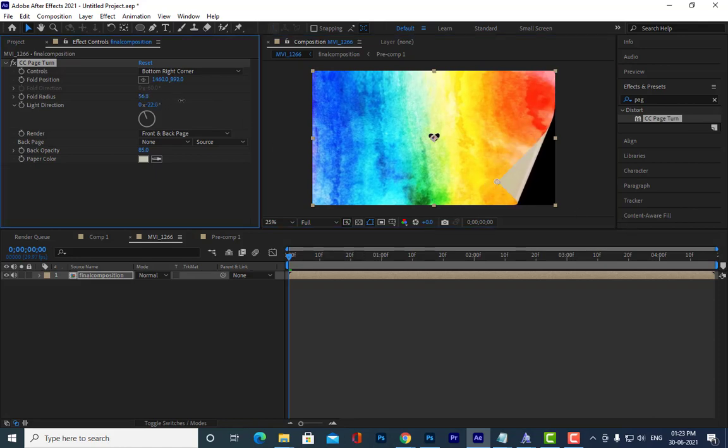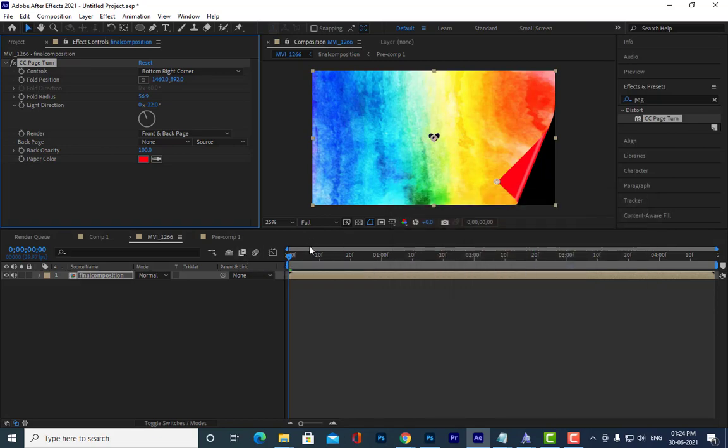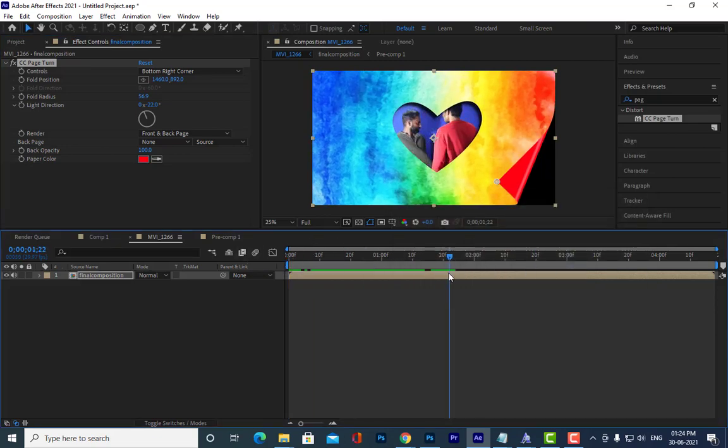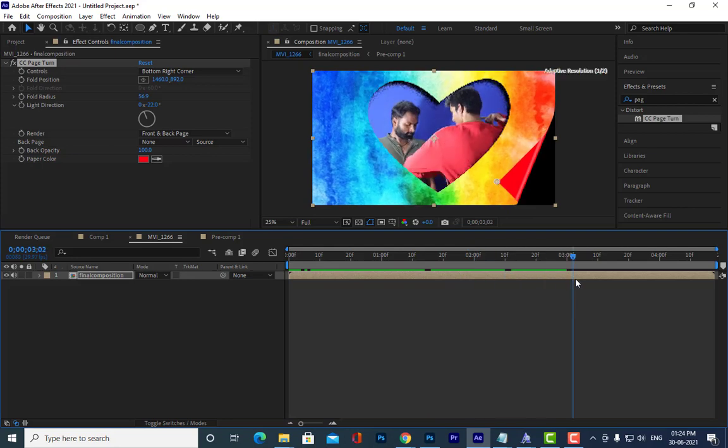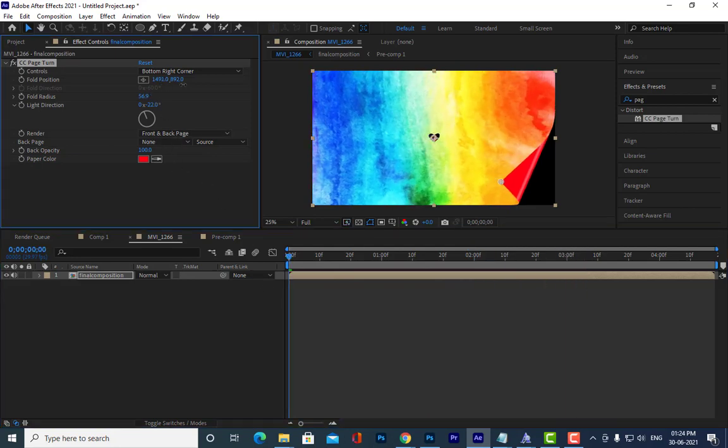You can increase the fold radius, and in case you want, change the back opacity. If you want the back color to be something different, you can change it like this.